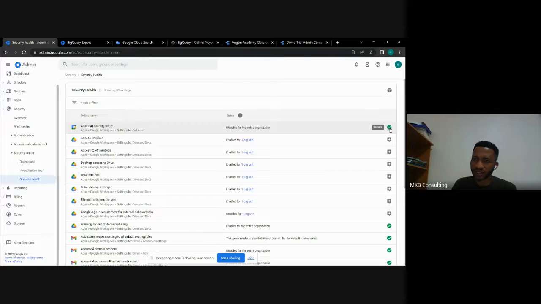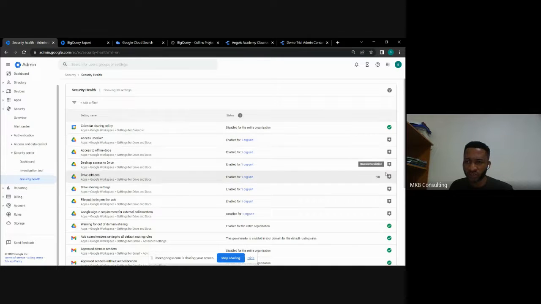So these ones that are green with a tick show that the settings we have on this particular account are properly done. The setting on the calendar share policy is properly done. Then if you look at so many other ones here, these have one security issue or the other. And if you want to go further to find out exactly what is not done properly in this place, taking for example now this automatic